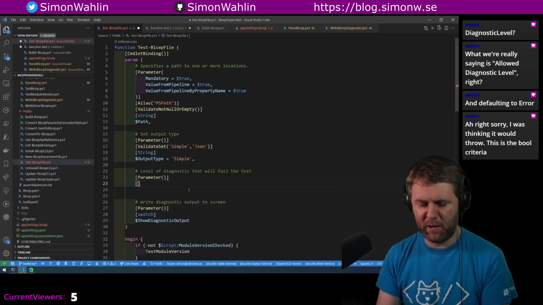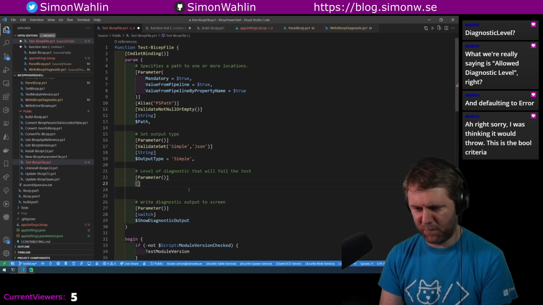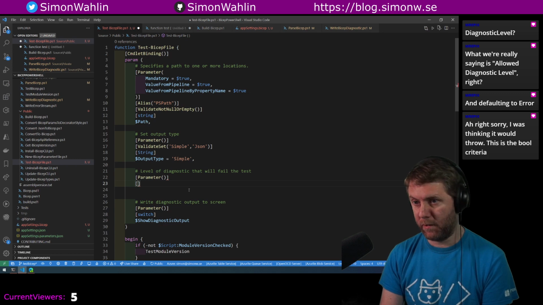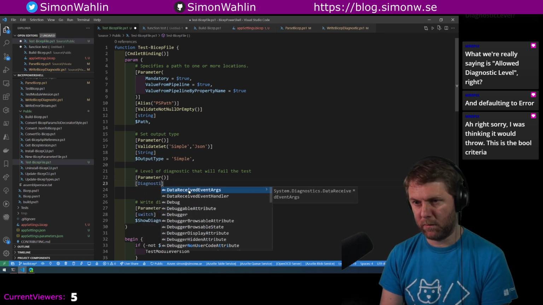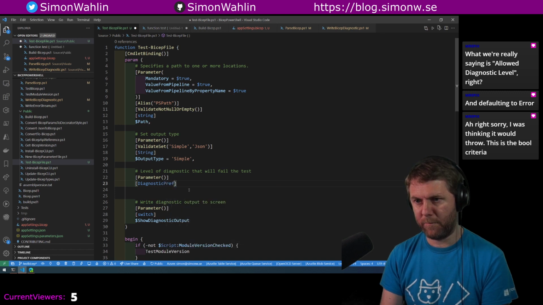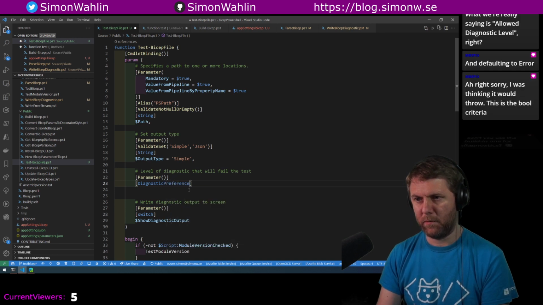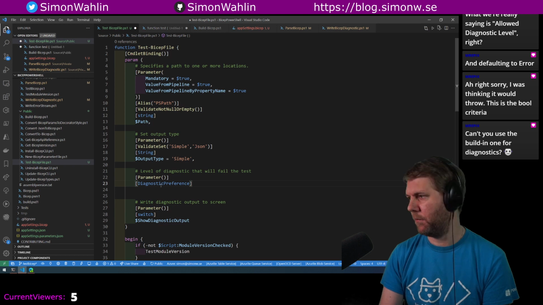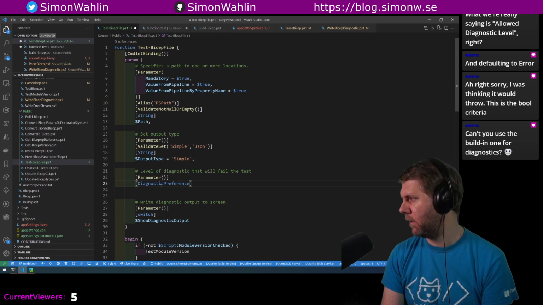I think we need an enumeration here. So let's see if we can call it something smart, like diagnostic preference. That could probably collide with something, so we should call it like